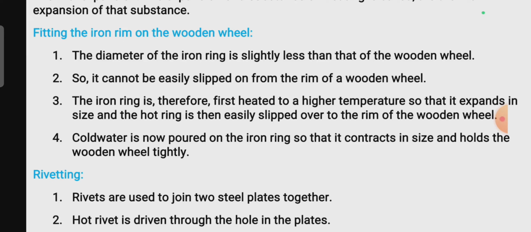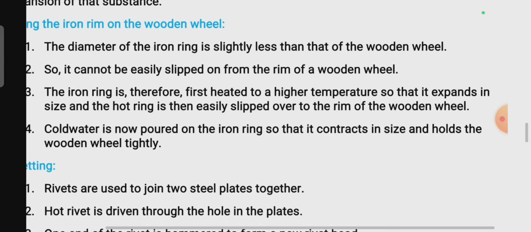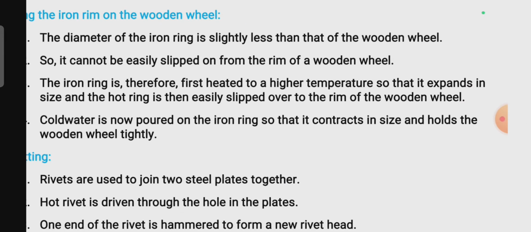Fitting the iron rim on the wooden wheel. The diameter of the iron ring is slightly less than that of the wooden wheel, so it cannot be easily slipped on from the rim of the wooden wheel. The iron ring is therefore first heated to a higher temperature so that it expands in size, and the hot ring is then easily slipped over to the rim of the wooden wheel. Cold water is now poured on the iron ring so that it contracts in size and holds the wooden wheel